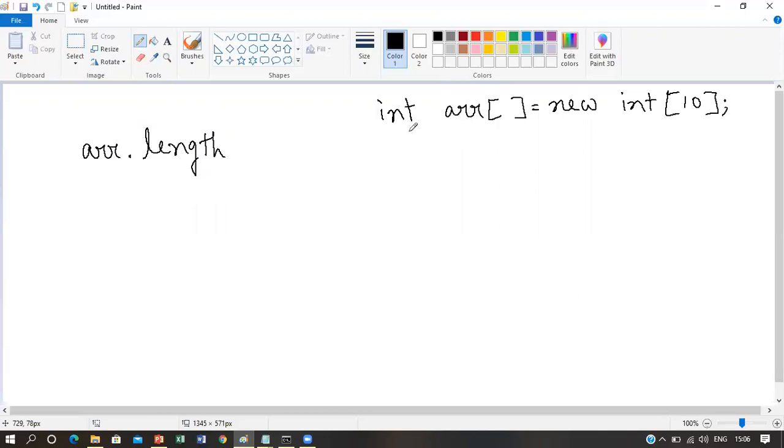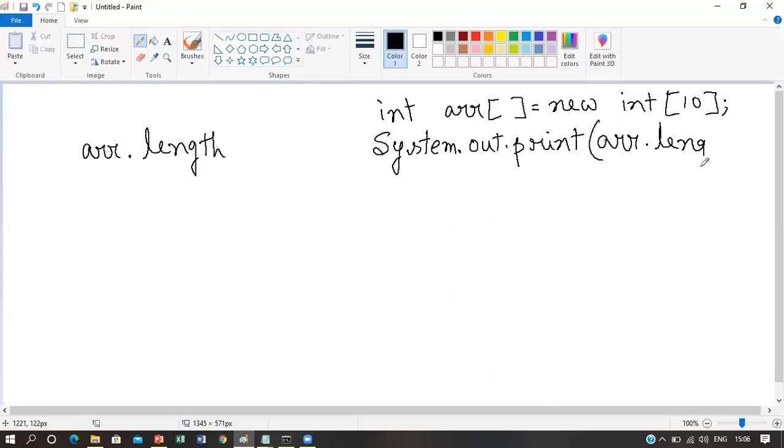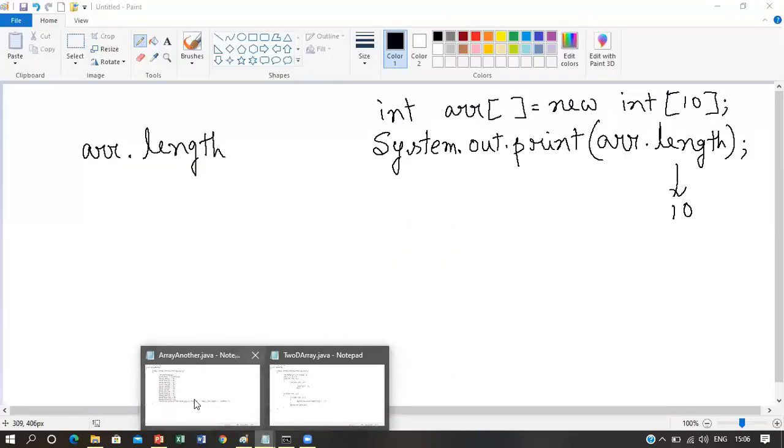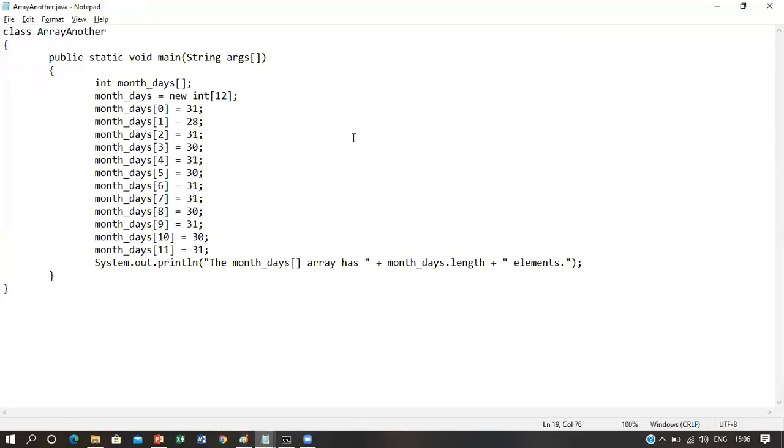That means if you write a system.out.print statement, say like this, and then if you write this thing inside it, then this will give you 10. So let's see an example program to see how this length variable or length keyword works.